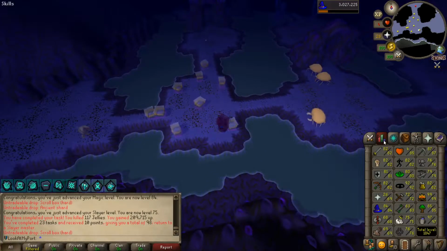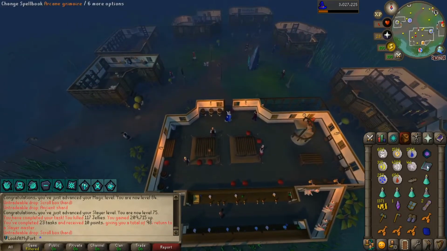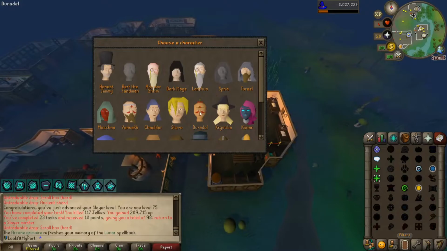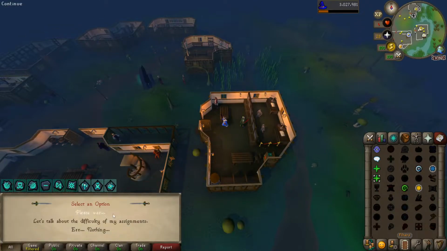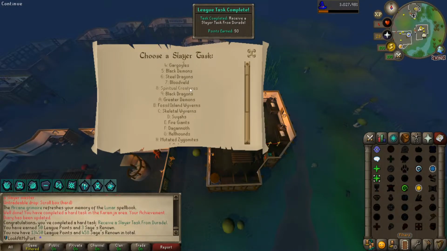But we got to 75 Slayer there, and that unlocks a new option. So we're going to switch back NPC Contact to Duradel, and it'll ask for a task. Completing a hard task. And we're going to take